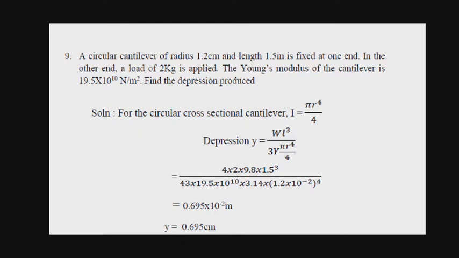That is equal to 4 into 2 into 9.8 into 1.5 cube divided by 3 into 19.5 into 10 to the power 10 into 3.14 into 1.2 into 10 to the power minus 2 whole to the power 4,